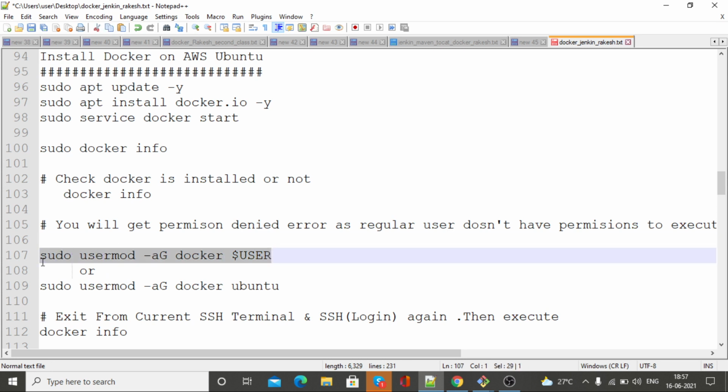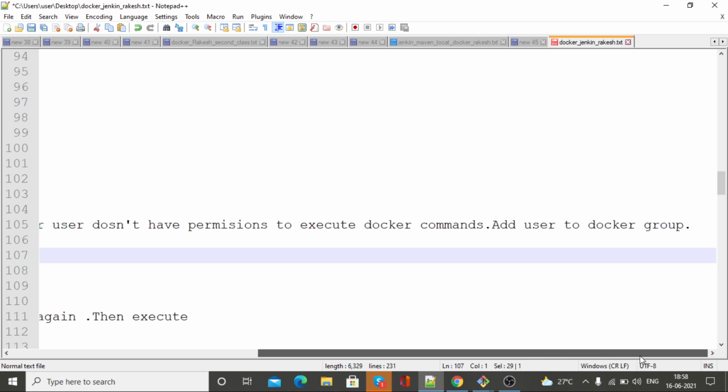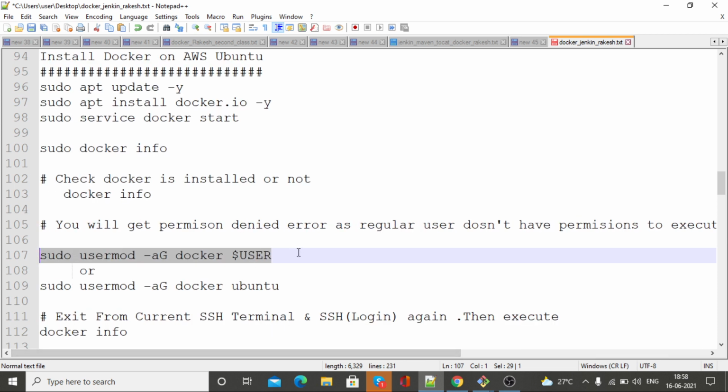So after installing Docker, you need to add the Ubuntu user so that access problem will not happen. You can see, that is why I have mentioned here that user doesn't have permission, so we need to add it in the Docker group.